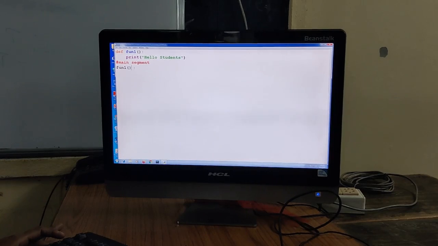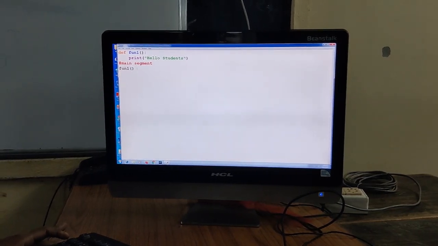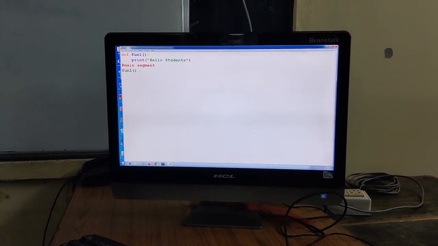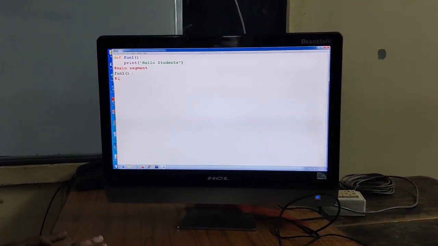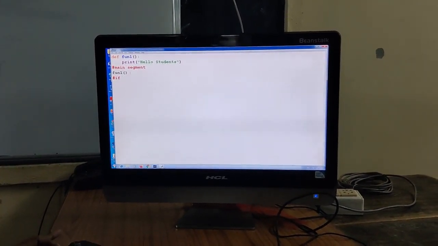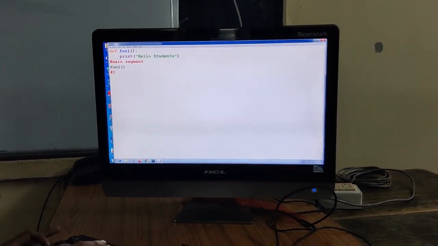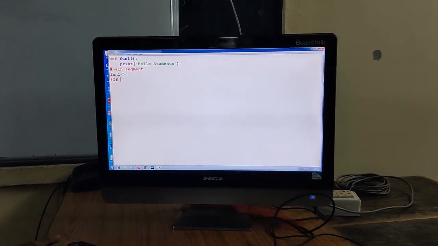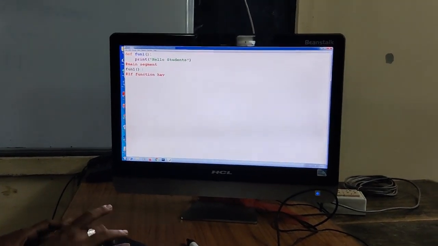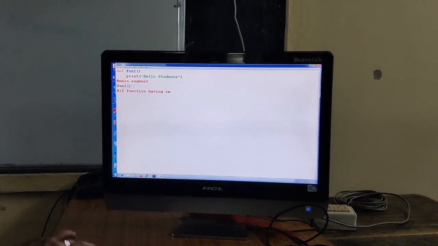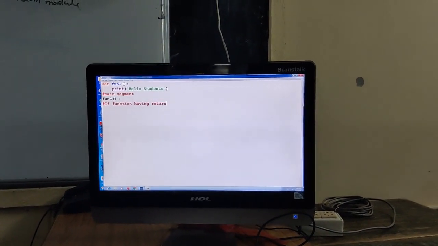Now there are some types of functions. That means, if my function has a return type.